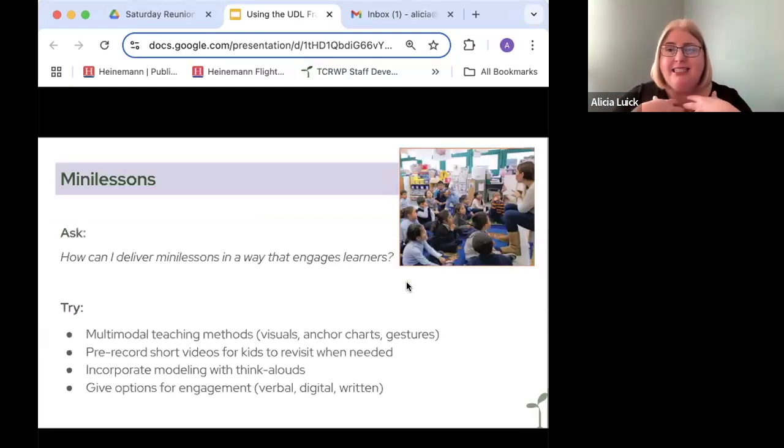If I'm in a mini lesson, one of the questions that I want to ask myself in my planning is this: how can I deliver my mini lesson in a way that's engaging? Well, some of the answers might be things like, oh, I could use a multimodal teaching method. So maybe I have a visual, or maybe there's an anchor chart, or maybe while I'm teaching, I'm using gestures